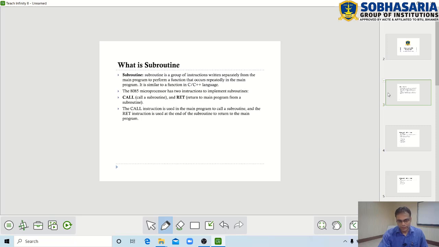In C and C++, you must have used functions where the repeated lines of code can be written separately in a sort of package that is called a function. In 8085 microprocessor programming, a subroutine is similar to that function.